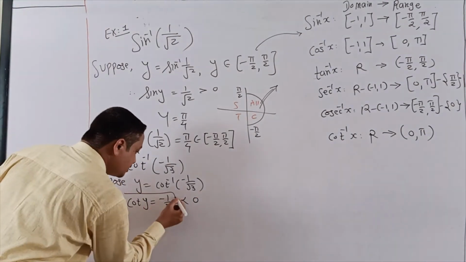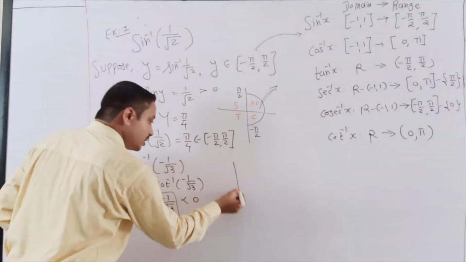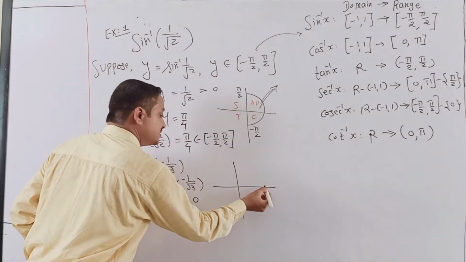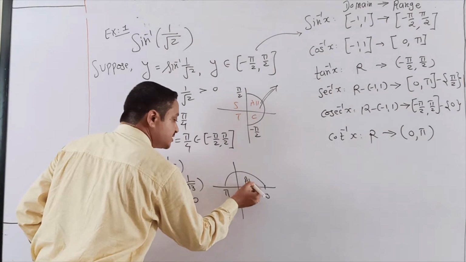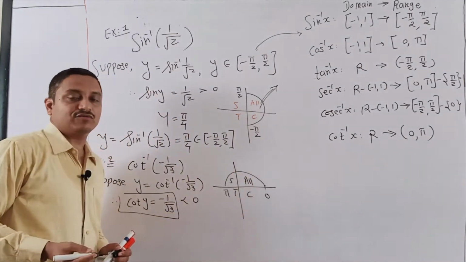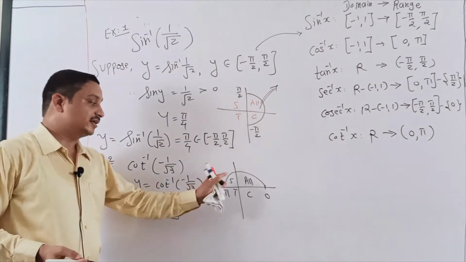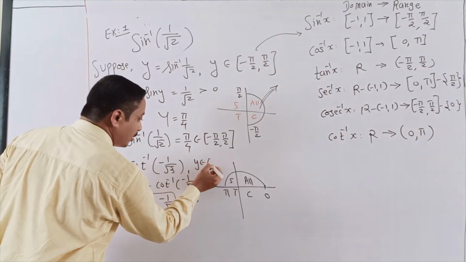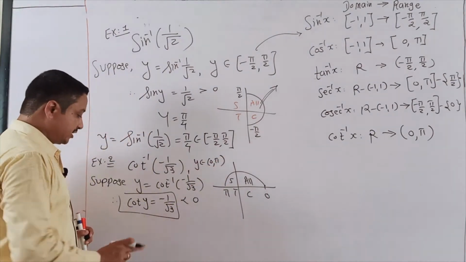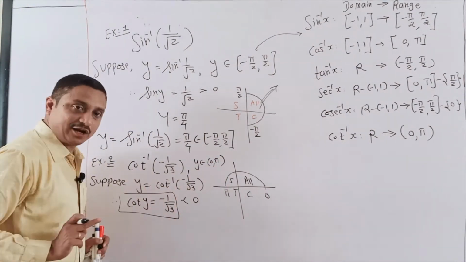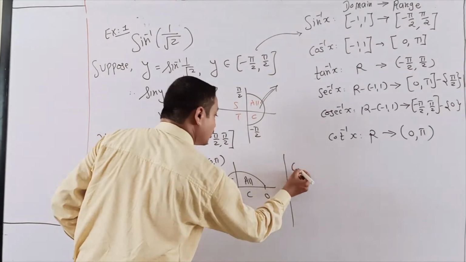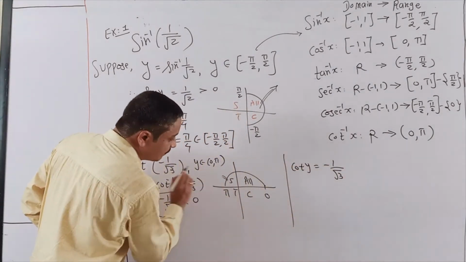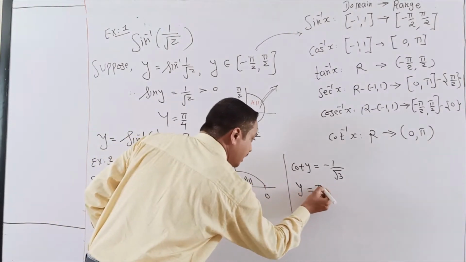But look at that, it is a negative value. So what is the range of the cot inverse function? Yes, 0 to pi, which means, going all STC wise, the quadrants covered are first and second. Here you also mentioned that y belongs to open bracket 0 to pi. So for negative cot, it is definitely the second quadrant. So my answer is cot y equals minus 1 by root 3. Students, here in the second quadrant, you just write pi minus.